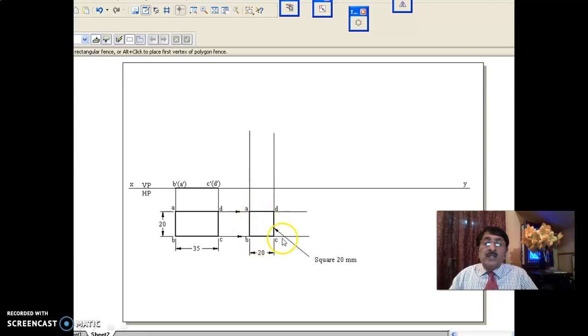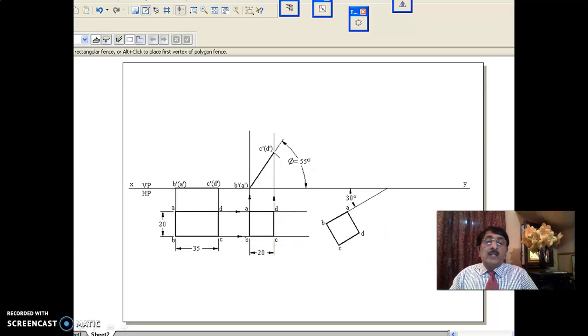20 square you draw, A, B, C, D you draw. Then, since first stage front view and second stage front view are the same, take this front view and cut it here. This front view and this front view remain the same. Please understand, when you are lifting CD up, this edge will always be parallel to VP. As a result, this edge, this AD, will still be in true length even after inclination to HP. Now, measure this inclination, this 55 degrees. For 55 degrees, when you look from the top, it appears as 20 square in the top view.